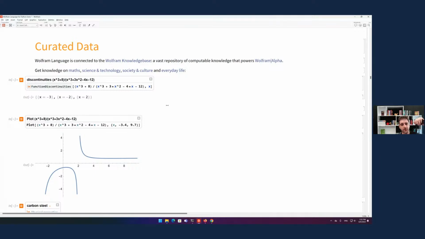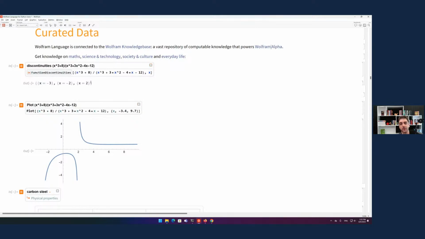Another distinctive feature of the Wolfram language is that it has access to a large repository of curated data that you can use for all sorts of different things. Here there are some examples, and this is essentially Wolfram Alpha, which is probably the one product that people who have not used Wolfram before are likely to know. You probably know that Wolfram Alpha is very good at solving mathematical problems. And here are some mathematical problems that you can solve directly with Wolfram Alpha